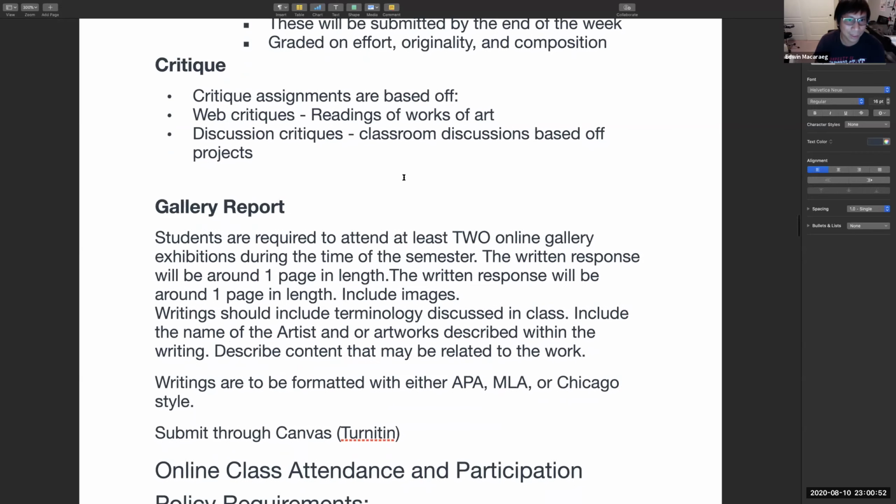Critique assignments based off of the projects that we are doing. I'm also assigning these web critiques. So these are the handouts that I would normally give out in class. So you basically had to check out this article, read about it, and then just write like 3 or 4 paragraphs. Okay, discussion critiques,